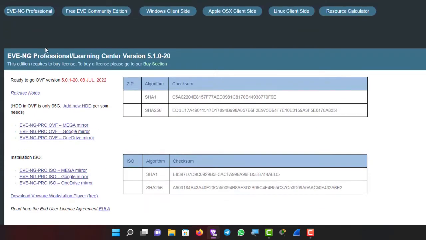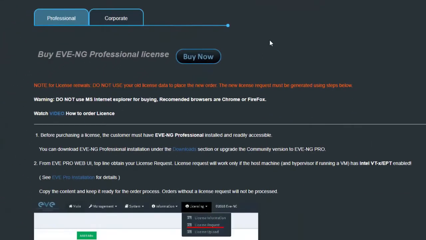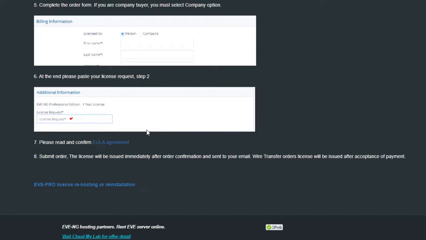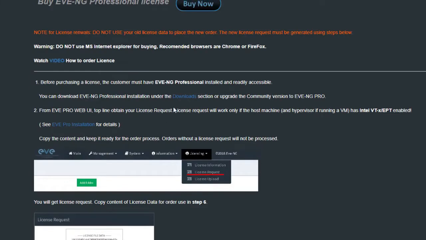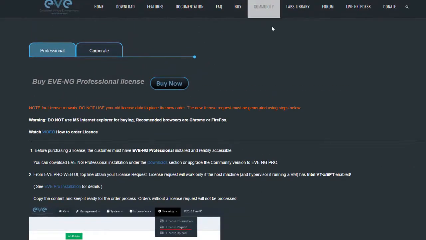Now let me click on the professional, so that I can look at how to buy. So let me click on buy. Good. When you click on buy, you can see it shows you the steps you can follow, and then you get your license. When you get your license, you have the full features of the product. But if you don't have money to buy, you go to the home